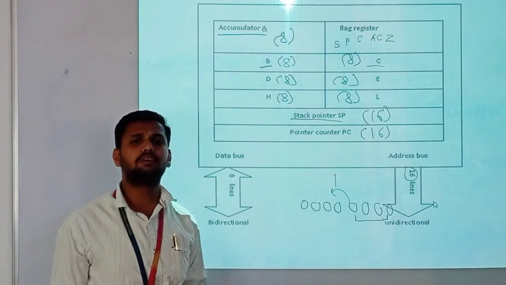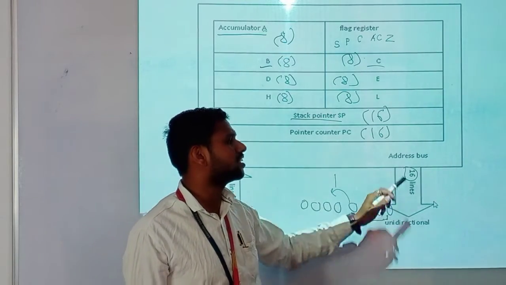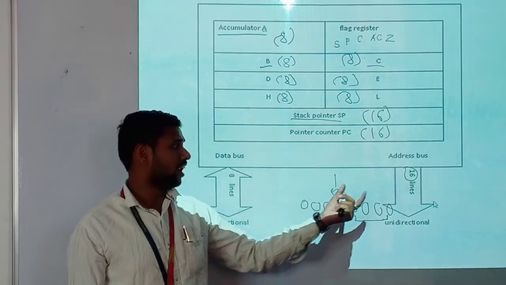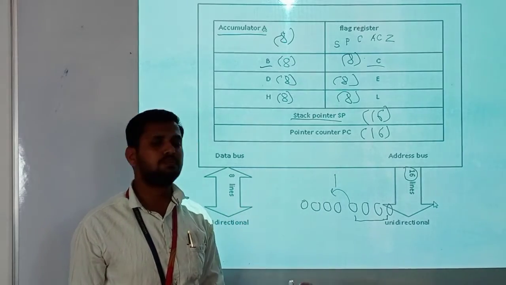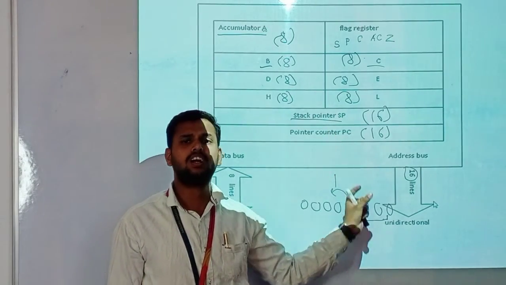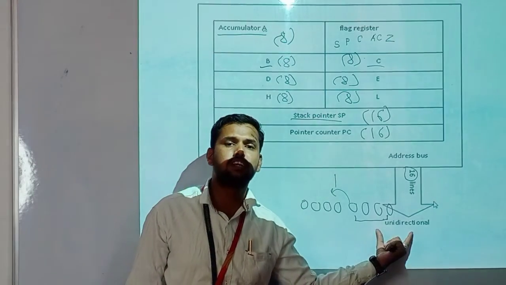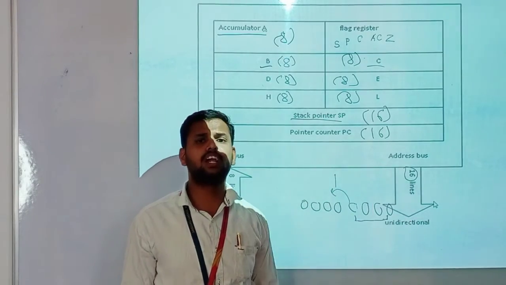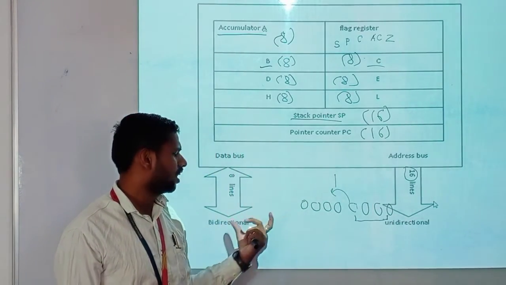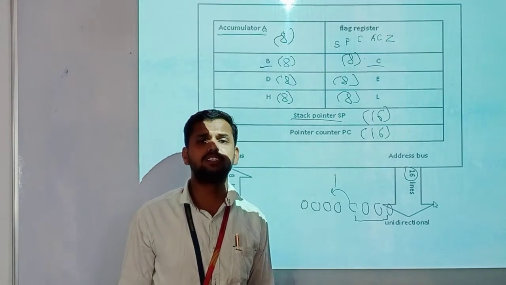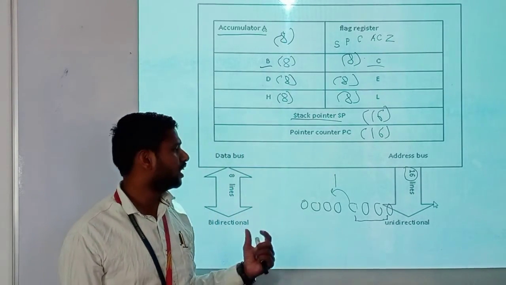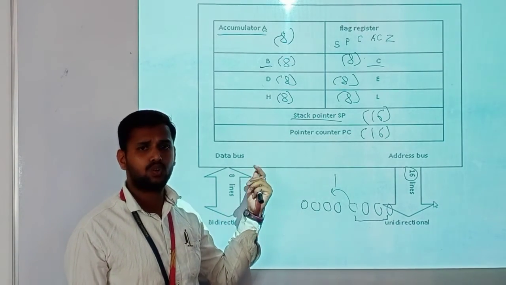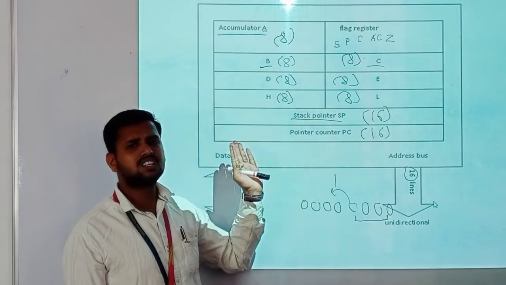So we use an 8-bit data bus and a 16-bit address line. Why do we use the 16-bit address line? The address, which is 16-bit, is interfaced to the ALU. It is also a unidirectional bus, which means we can only send the address to the arithmetic and logic unit. The data bus is bidirectional, which means we can transfer or receive data between the ALU and the general purpose registers or special function registers, and vice versa.